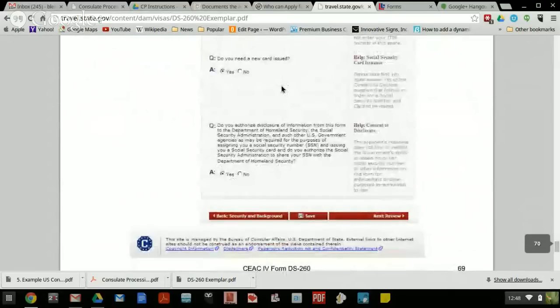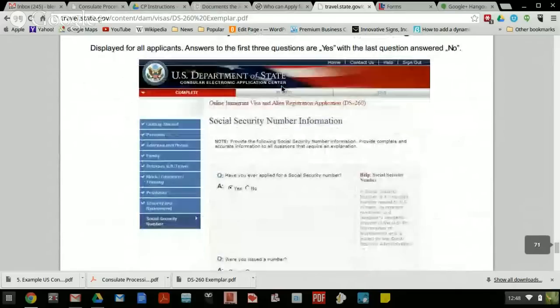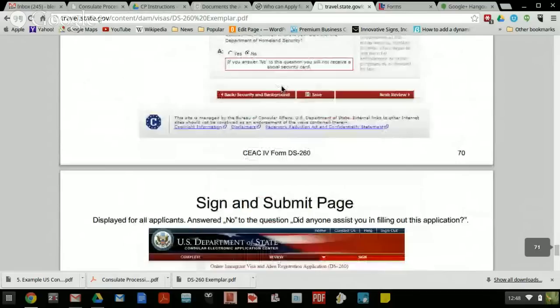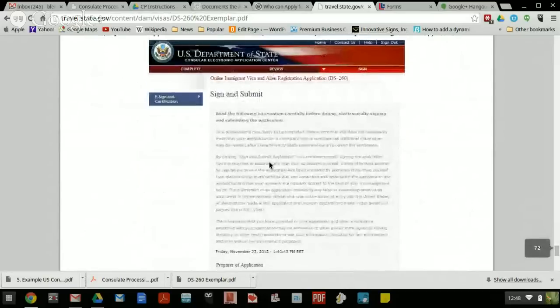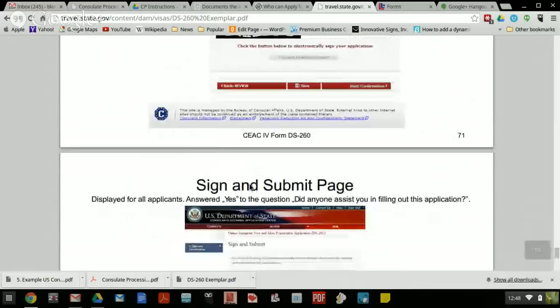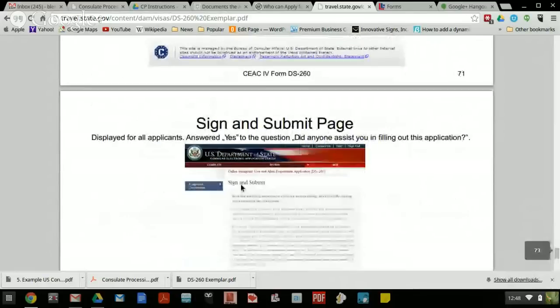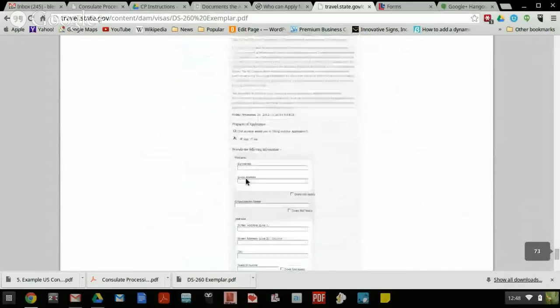So if you think you're going to be able to hide something, not a good idea. Okay, and we're almost getting to the end here, and then at the end is the sign and submit page, where basically, of course, the client will log in and be able to put the various information here and then submit it, so that it shows that they have reviewed everything, that they agree with everything that was submitted, and